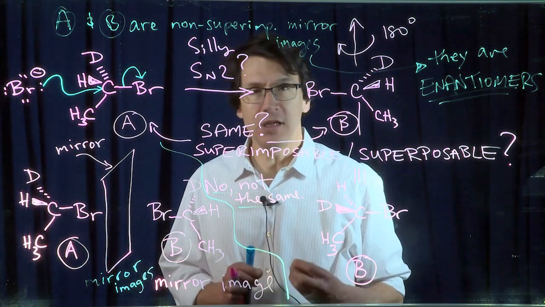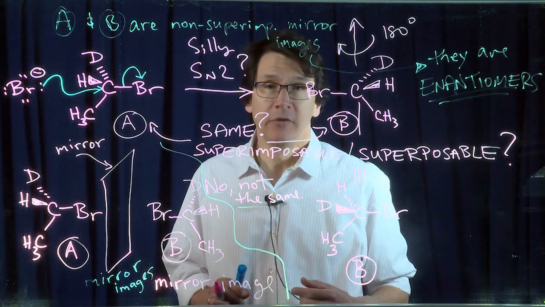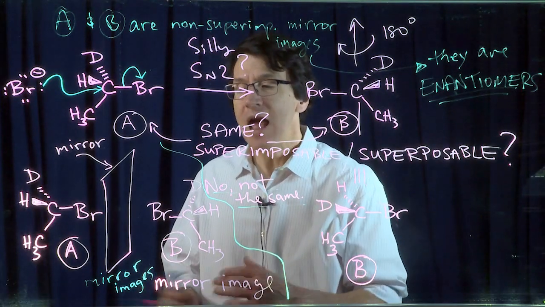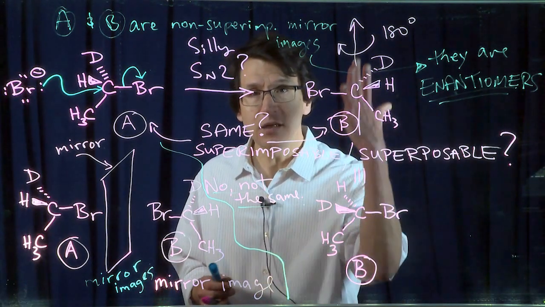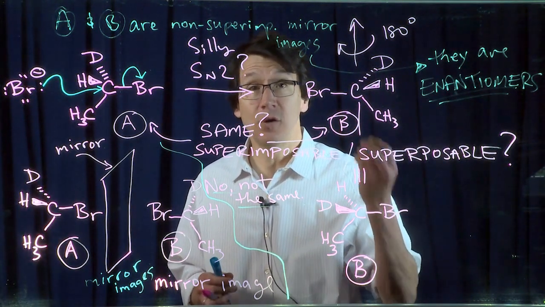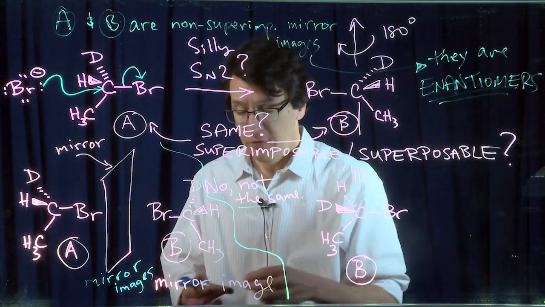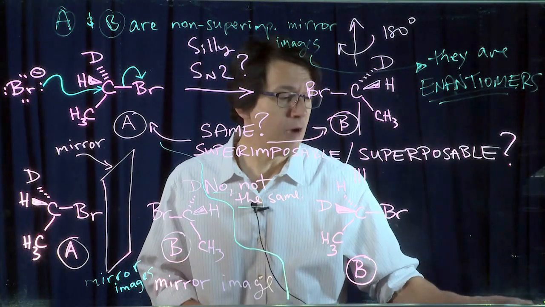There's a property that goes along with having an enantiomer, and that property is said to be chirality. Chiros is the Greek word for hand. If you have some object that is not identical with its mirror image, you say that object is chiral. So it would be proper to say that B is chiral,